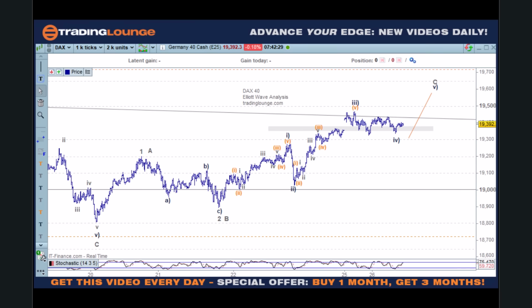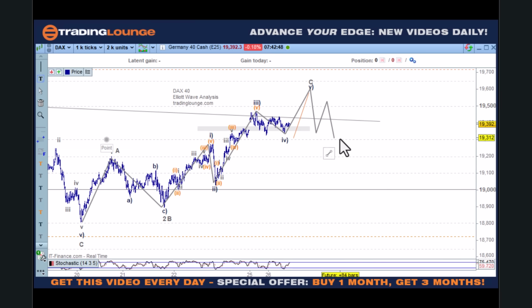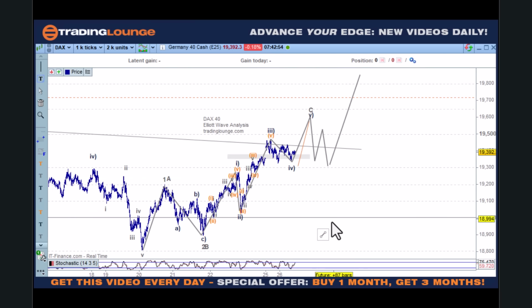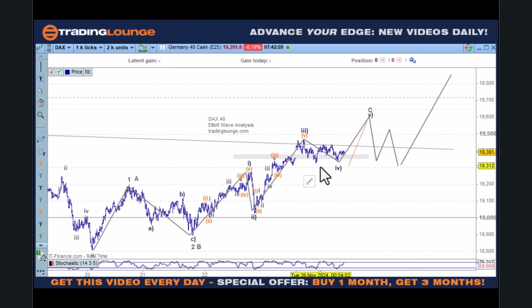So I just wanted to point out that if it was corrective, this would be the A wave, the B wave, 1, 2, 3, 4 and 5 here, and if it was going to go down, it will be going down from that point, and if it was going to be bullish, it's going to give us another ABC correction here and then push up from that point. So it'll probably trade up over the next few sessions,